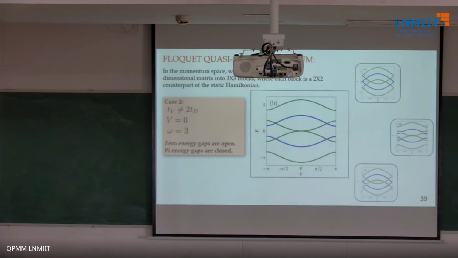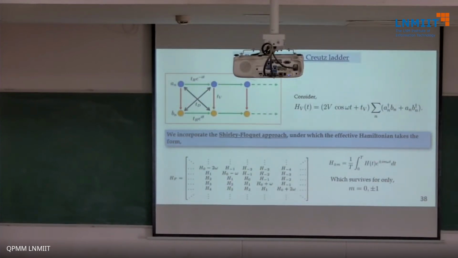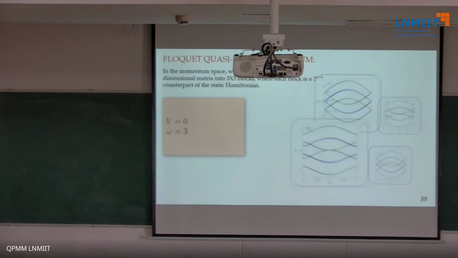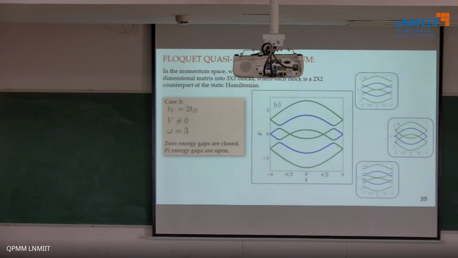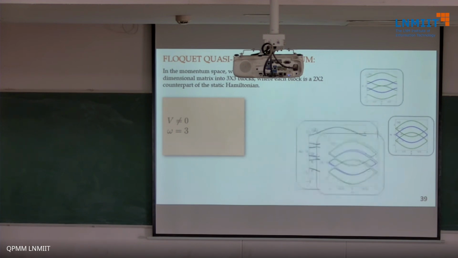So if you use a frequency, okay, this is TV not equal to 2TD. We have changed the notation somewhere. Now this is called TV, this is called TD for diagonal, and this is called TH instead of LR and so on. So in this particular case where you have TV equal to 2TD, which is R equal to 2, and you are driving the system, you have gaps that open up. You need to understand whether these gaps are topological or trivial, and that's what happens.